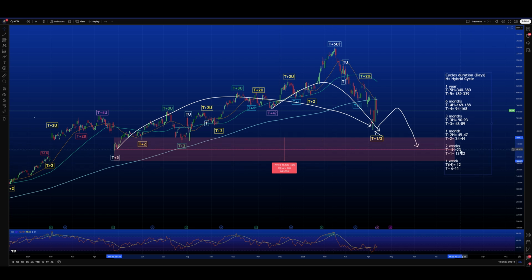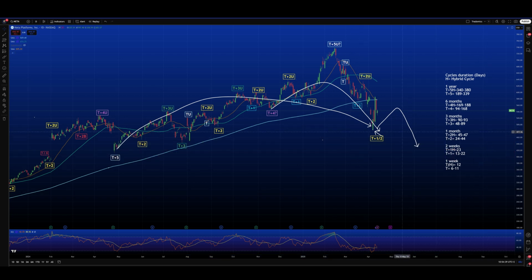So eventually there will be even more room to have another cycle attached eventually. So this is the situation we have on Meta. So be really careful to open long position, because here we have all the condition to have a T plus 4, and this T plus 4 is negative, so bounce to the upside, but then high likelihood to return back to the absolute lows. It might be that this is not a T plus 4 but a T plus 3. Therefore we will not have such condition, but be really careful, because all the markets, the main indexes, Nasdaq, as said, Standard and Poor's and Dow Jones, are set to the downside and not to the upside.